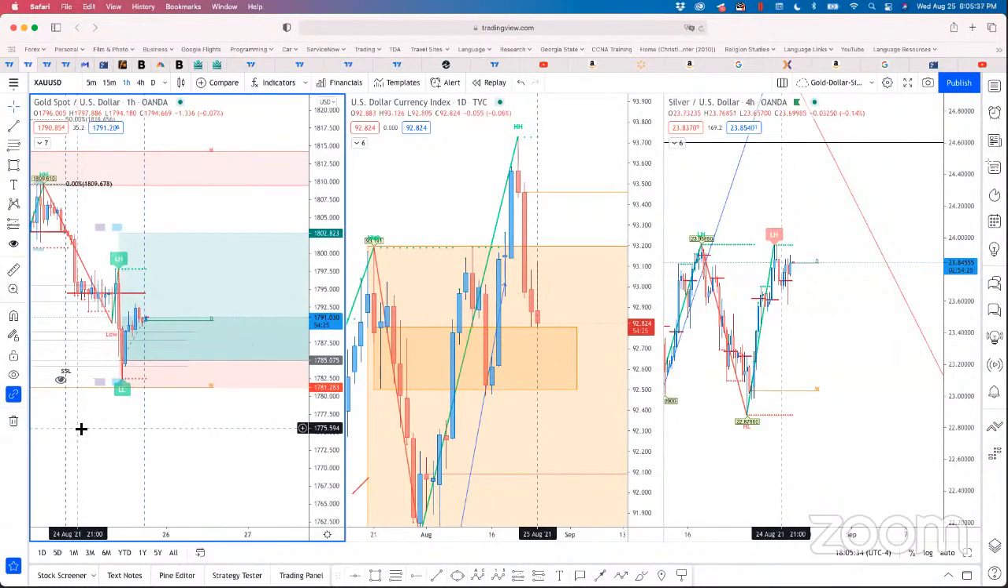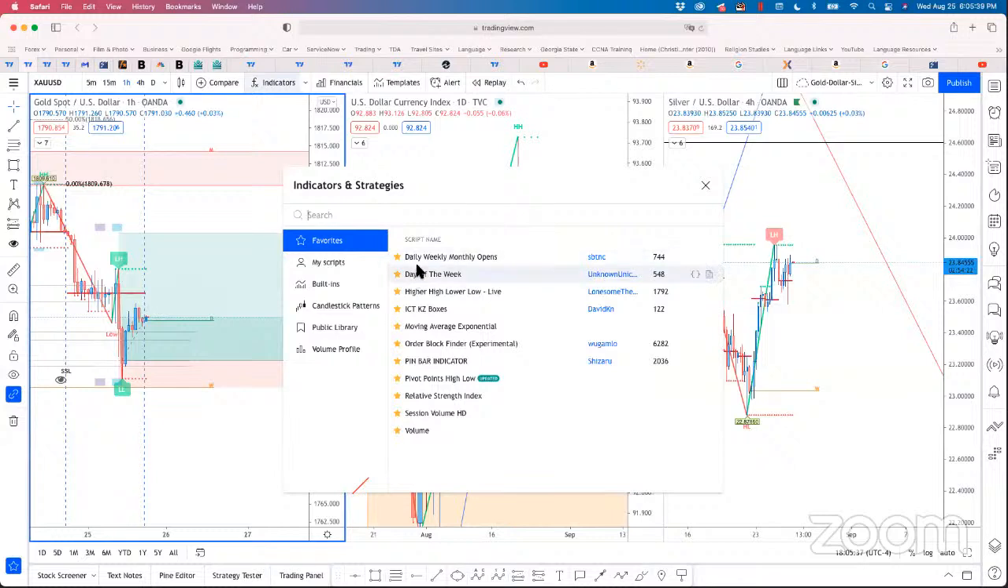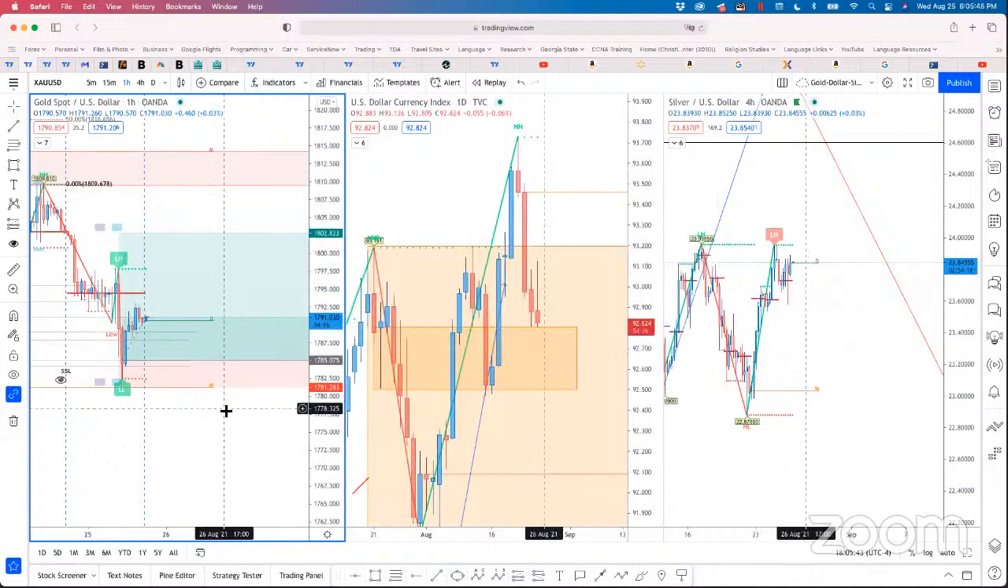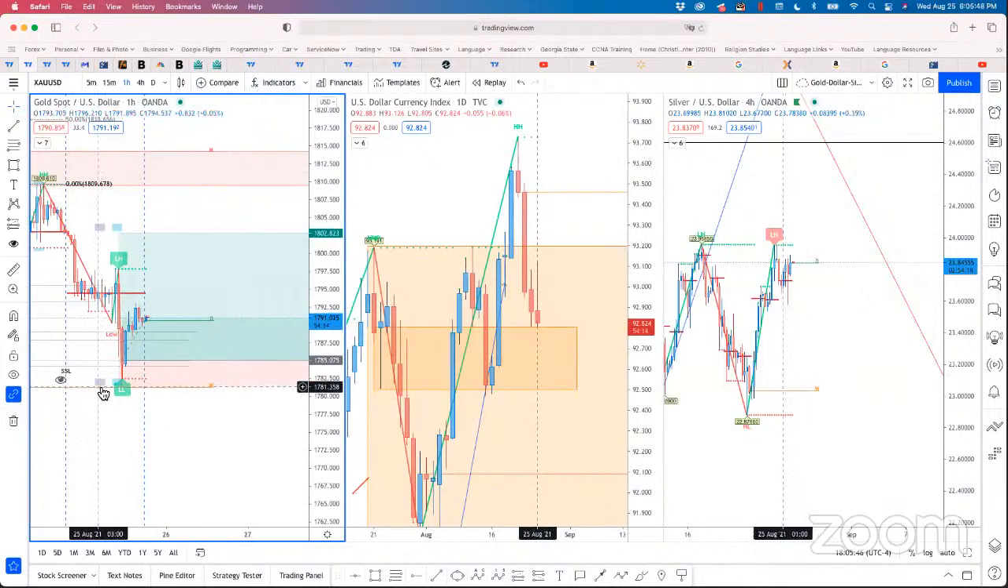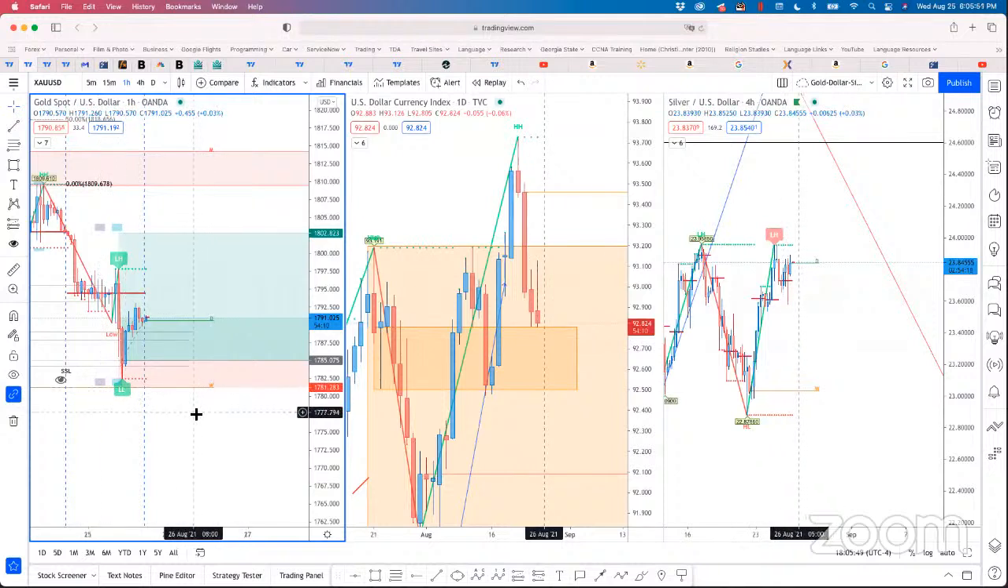But use this indicator, daily, weekly, monthly openings, because you'll learn that the opening price for these pairs, they're like magnets. They are magnets. They always want to search for the opening price, for the weekly, for the monthly, for the year. And they always do that because that determines where price is over whatever that